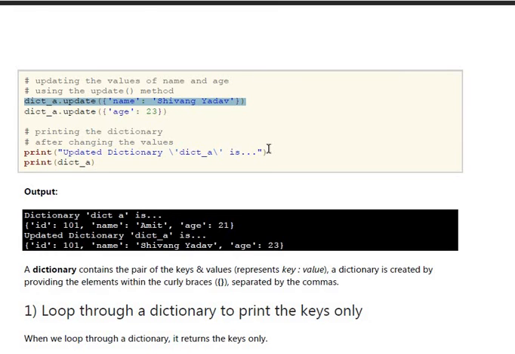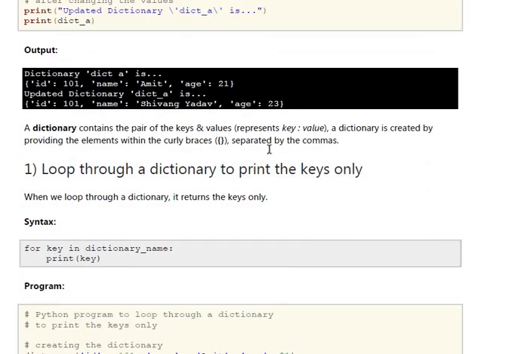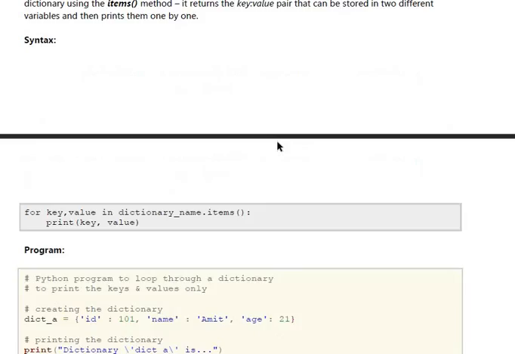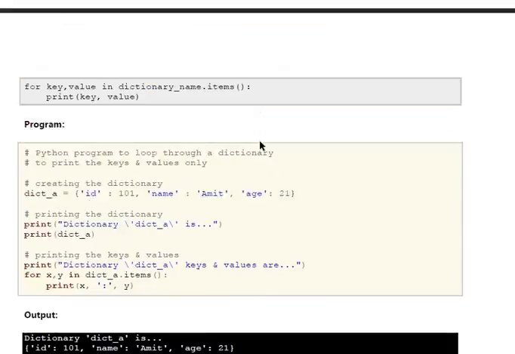So it will automatically find the key and assign the new values. In the same way, I will change the name and the age. How to print that? Simple, by using the print command we can show whatever changes are made in the dictionary. Okay.